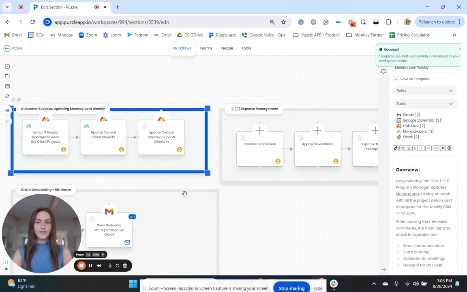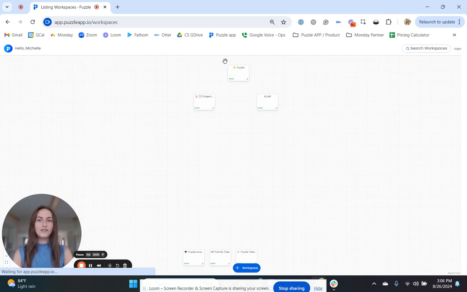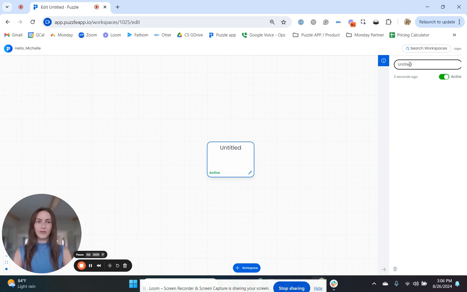And I'm going to save it as a template. And I'm going to back out to all of my workspaces. And let's say I wanted to give Acme their very own workspace now. I come here, I add a new workspace if I'm on the right Puzzle plan, and I can say